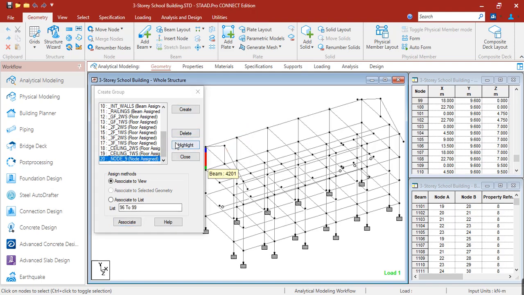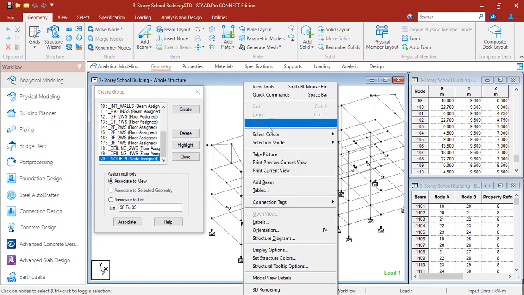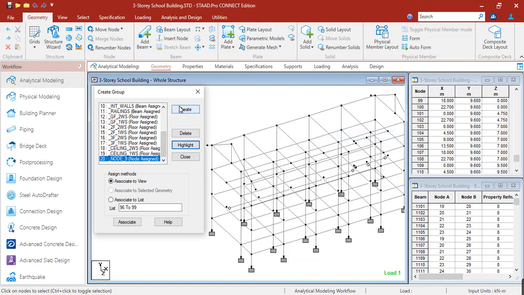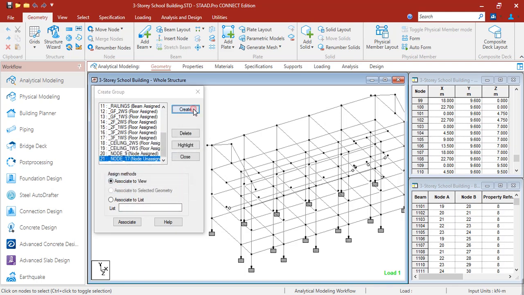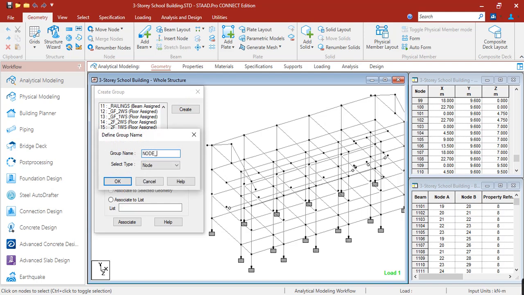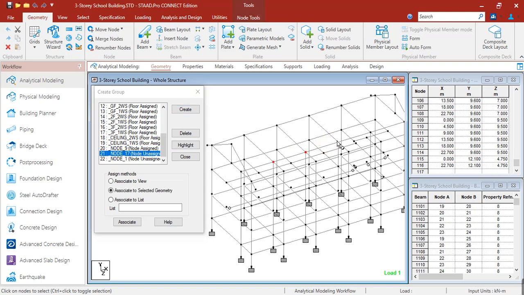Okay, so if we highlighted this one, this is now your node 9. Now let's create again a group for node 17 and node 1. Okay, so for node 17, these are the nodes. Then click associate. And for node 1, okay.